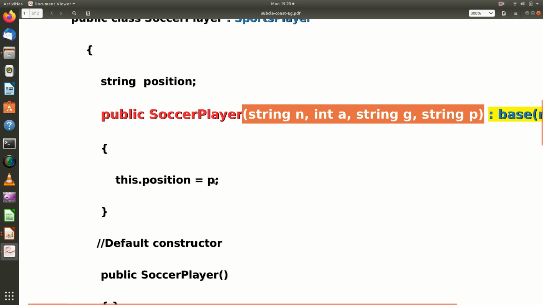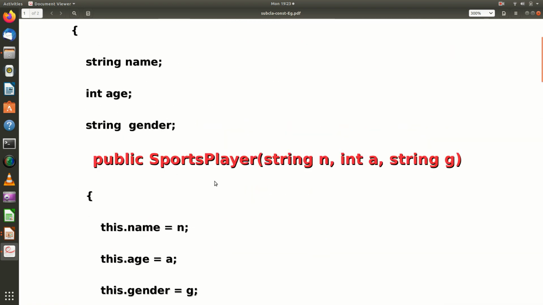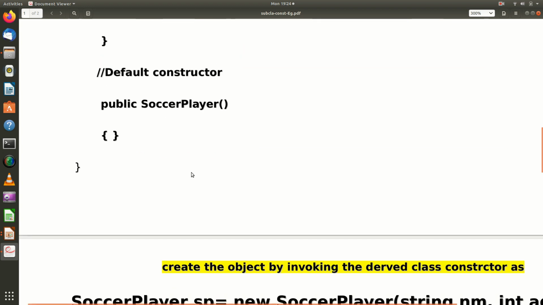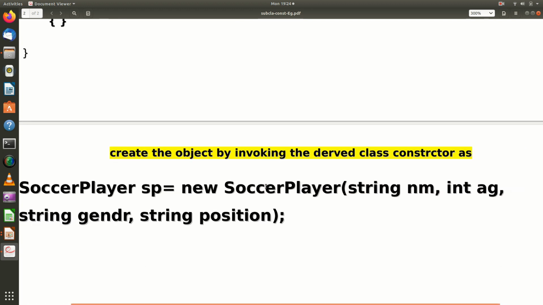So this is what we are going to do when we invoke a base class constructor in the derived class. So this is the default constructor where I am not giving any code for it. Then if I want to create an object, what do I do? This is a derived class.